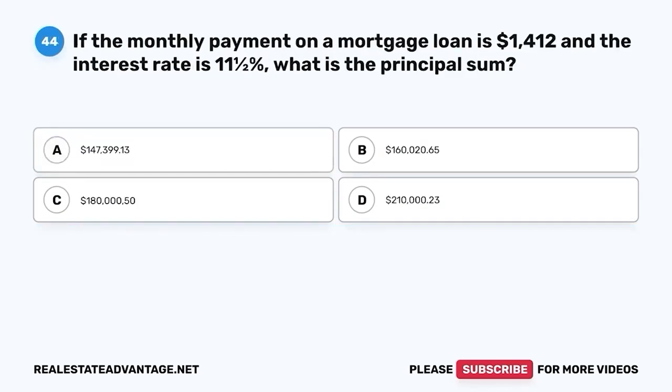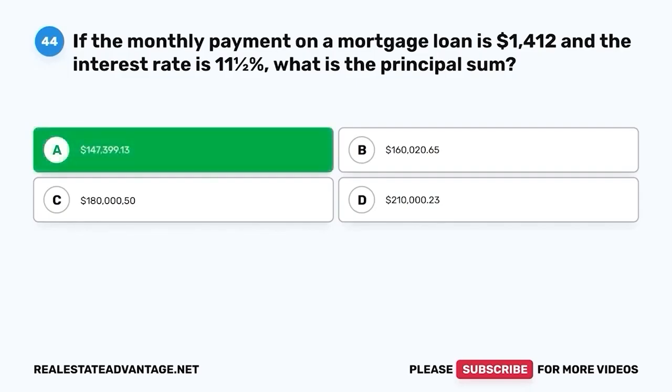Question 44. If the monthly payment on a mortgage loan is $1,412 and the interest rate is 11.5%, what is the principal sum? A, $147,399.13. B, $160,020.65. C, $180,050. D, $210,023. The correct answer is A,